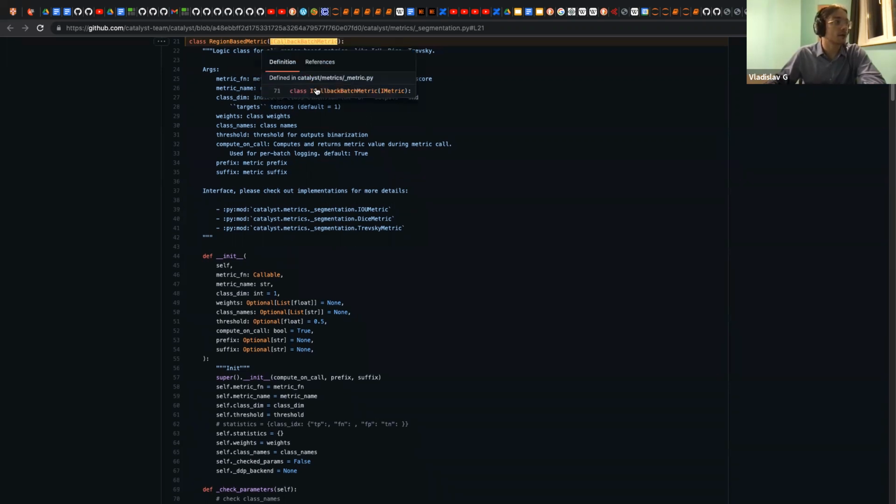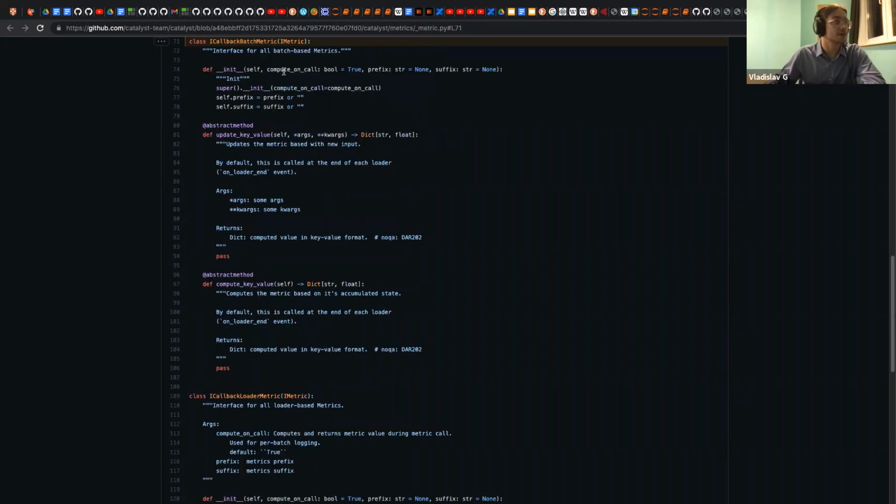That's why I like Catalyst, that it has very distinct abstract interfaces. You could always go to this level, to something that starts with I, which is an abstract interface that you should satisfy, and in this case your code will be compatible with all the Catalyst infrastructure. It's very handy; in our work, we use maybe 80% default infrastructure and 20% of our own coded infrastructure.